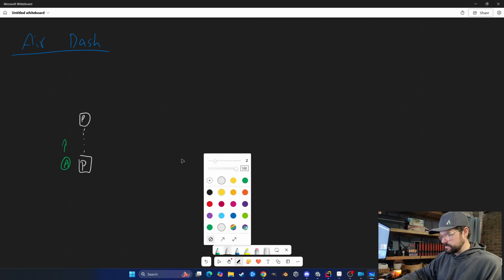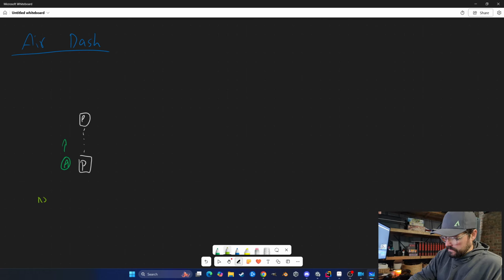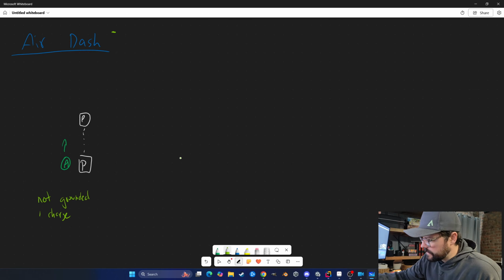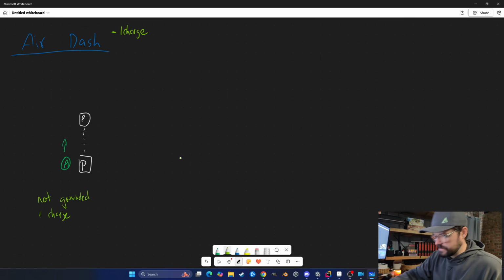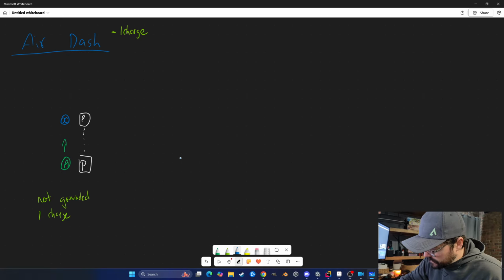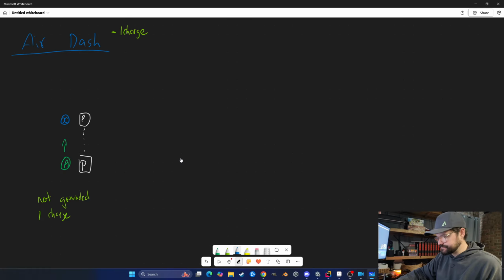with the conditions not grounded and one charge. So air dash will have one charge, with the conditions not grounded and one charge, or more than one charge. At this point, if they feed in the air dash input, I want the player to then travel in whatever